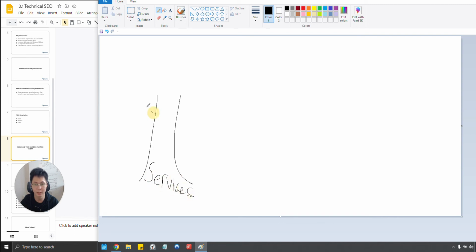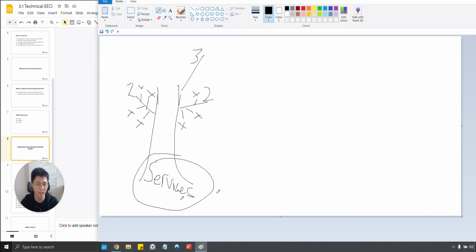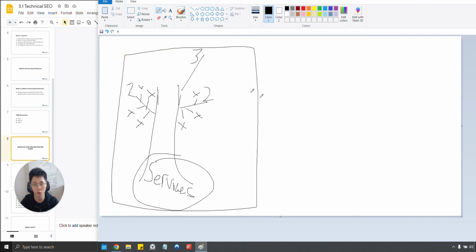Okay, and then within their services, they have service 1, service 2, service 3, for example. And then within service 1, this is the sub thing that they're talking about, right? So all these pages are important because we want to be able to rank your services, right? So whenever somebody searches for your service, you want to be able to show up. So this section here is very important because they want to be able to show up when somebody searches